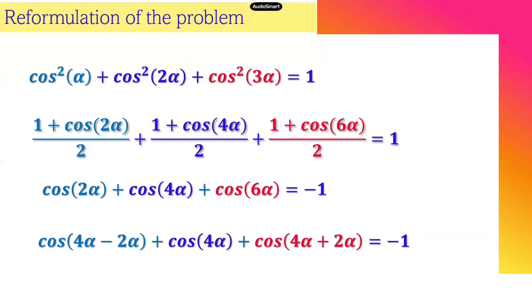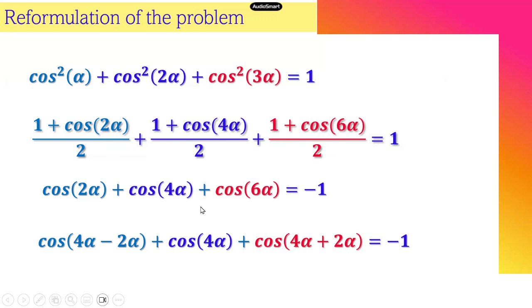Now, reformulation of the problem. It was given that cosine square alpha plus cosine square 2 alpha plus cosine square 3 alpha is equal to 1. So from the previous identity, cosine square alpha you can write as 1 plus cosine 2 alpha over 2. Then like this, 4 alpha means double the angle, and then it will be 6 alpha. Now if we simplify, you will have cosine 2 alpha plus cosine 4 alpha plus cosine 6 alpha is equal